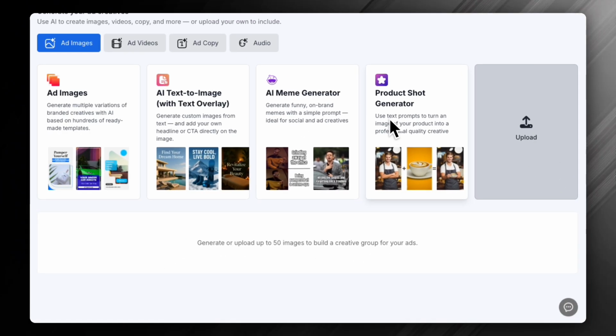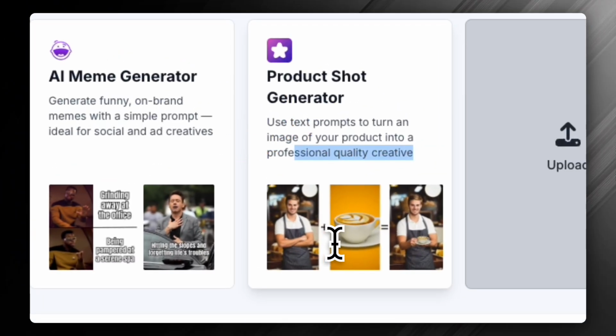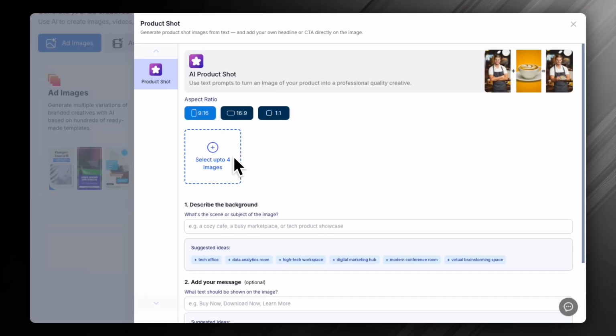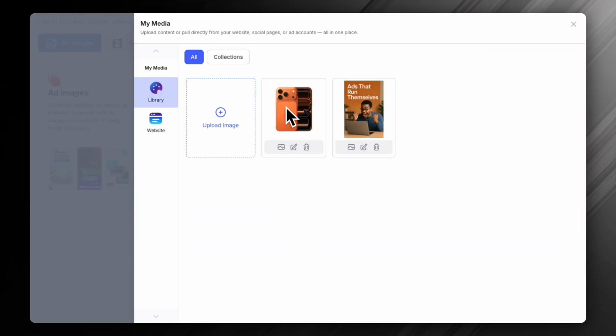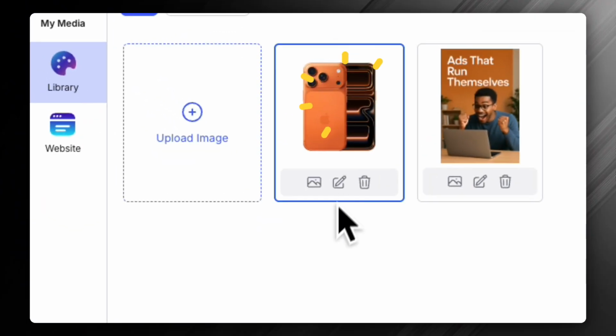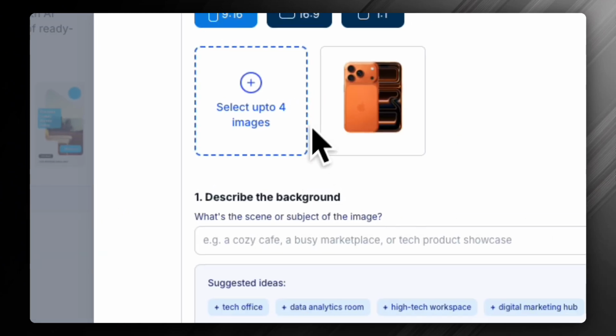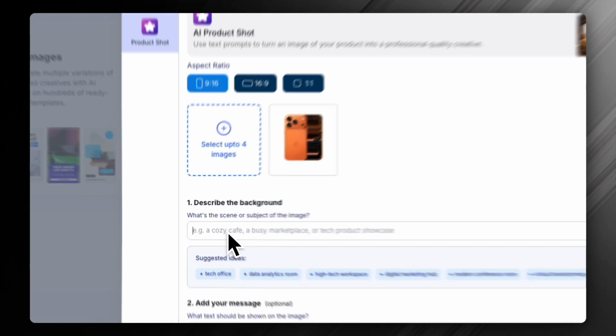Then you've got a product shot generator. If you look at this, this essentially allows us to add pictures and put them together and create an image. So I'm going to go ahead and upload an image and show you what this looks like. Okay, so I've uploaded an image of a phone, right? And what we're going to say here is